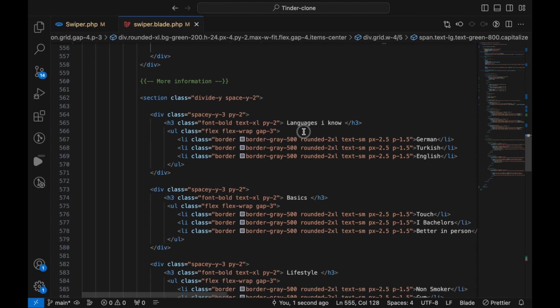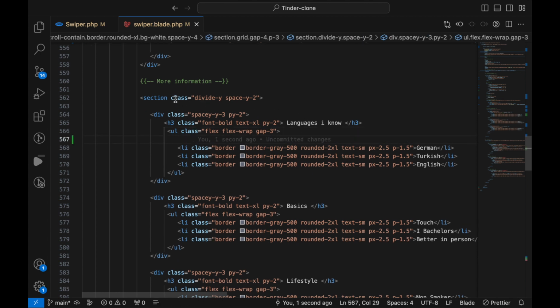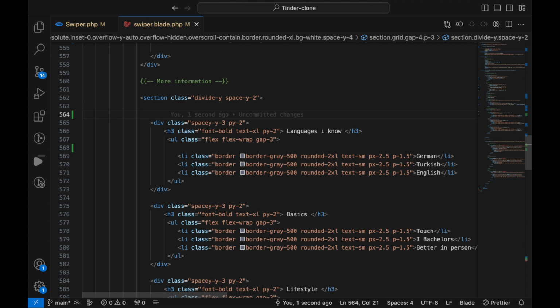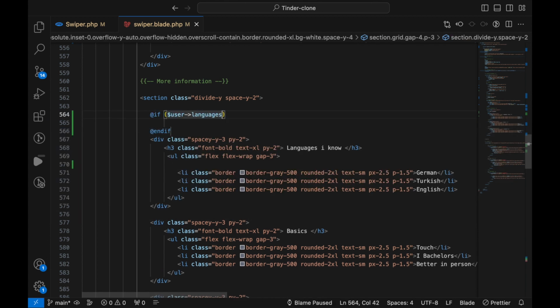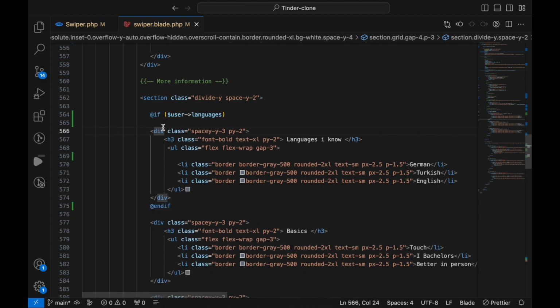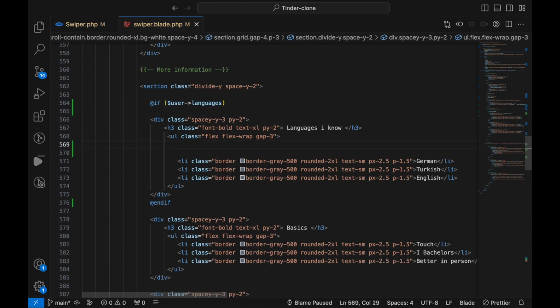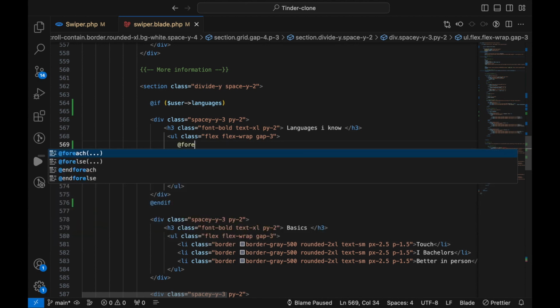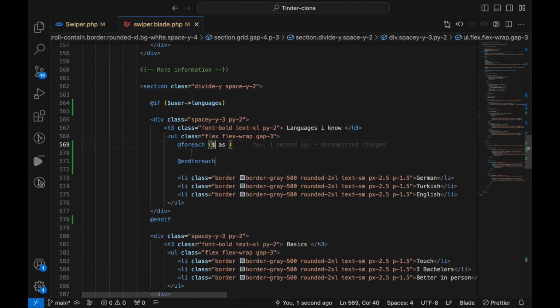Here, languages I know. So actually here, let's check if the user has languages first of all, because if the languages are empty, we don't want to show this one. So I'm going to check if the user languages is not empty. Put this down there so we can wrap this element inside this if statement. And then in here in the list, we can simply loop through the languages. Inside the UL, we create a foreach user languages